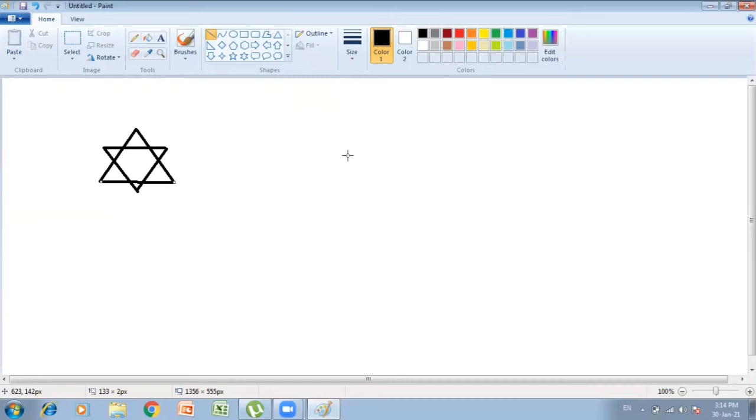Next one is a hut. Let us draw that also. Try to make a straight line.